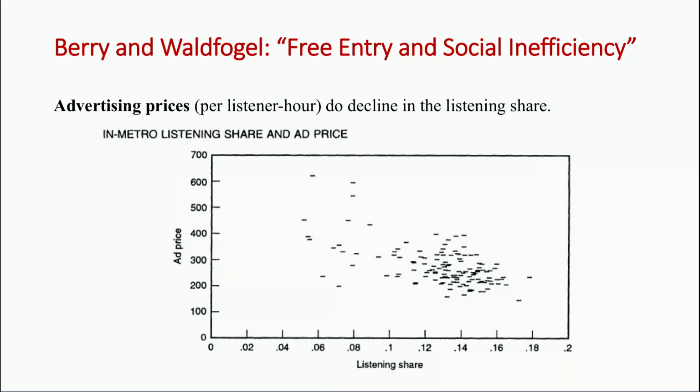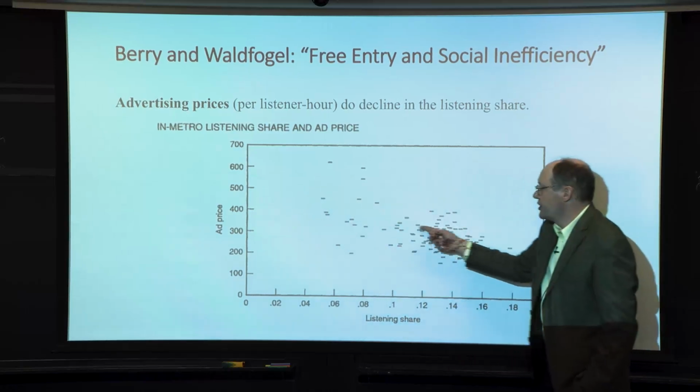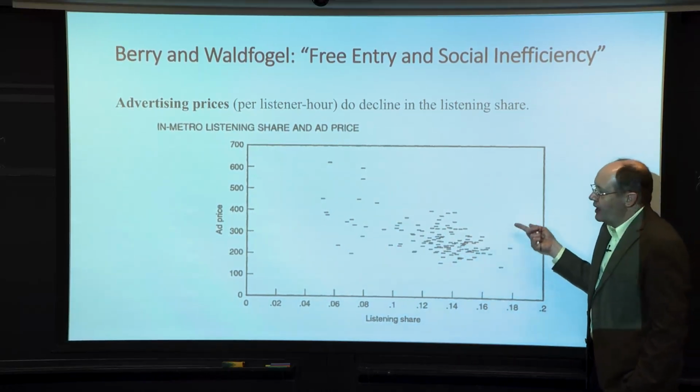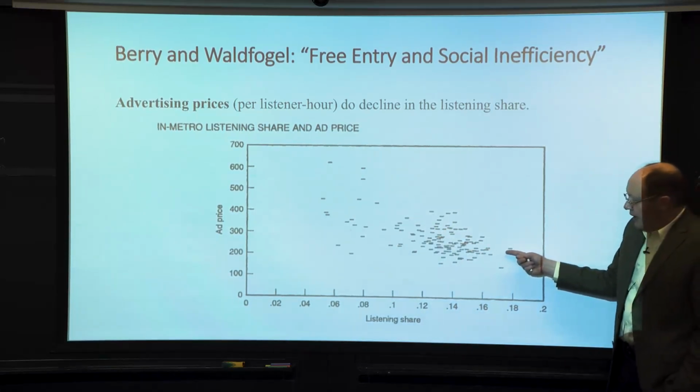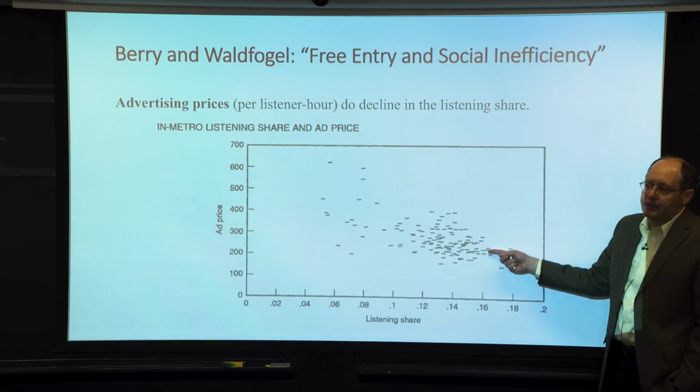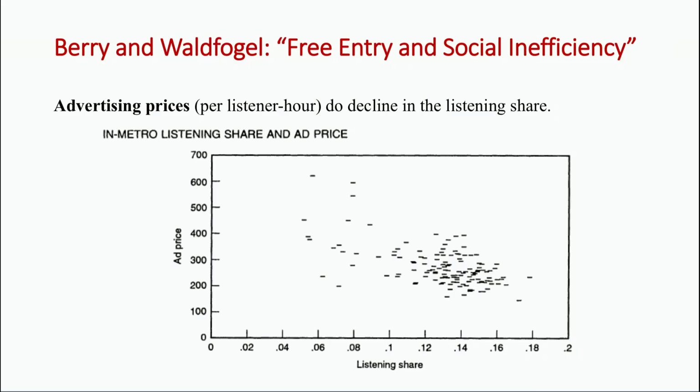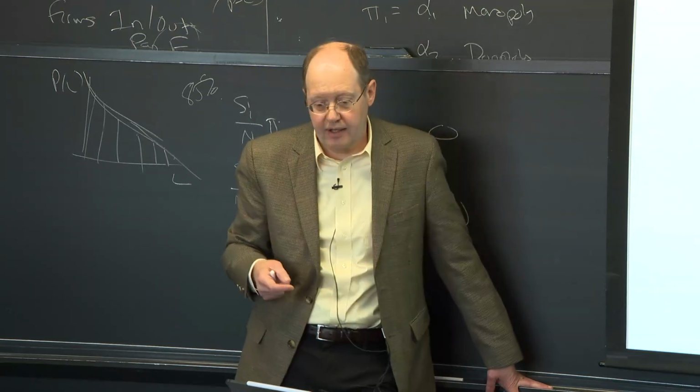And then the advertising prices, as the listening share increases, this is a per listener hour advertising price or advertising revenue. Advertising revenues per listener hour are clearly declining as the listening share is going up. And the model for this would be there are some things that you need to advertise on the radio, and so if there are very few radio commercial slots available, advertisers pay a lot for them, and then beyond that, you're just left with radio ads for things that you could advertise anywhere else, and if there are fewer advertisers who really want those ads, the prices have to decline.